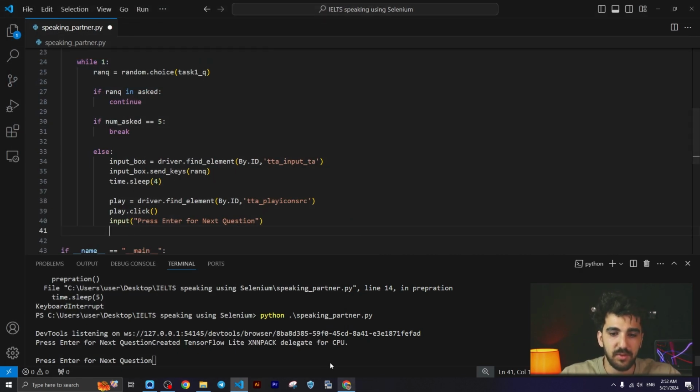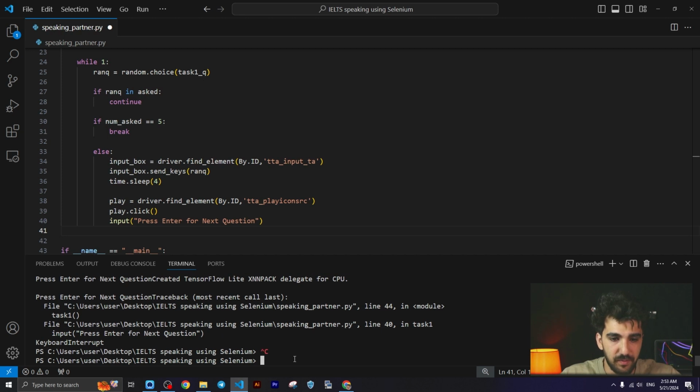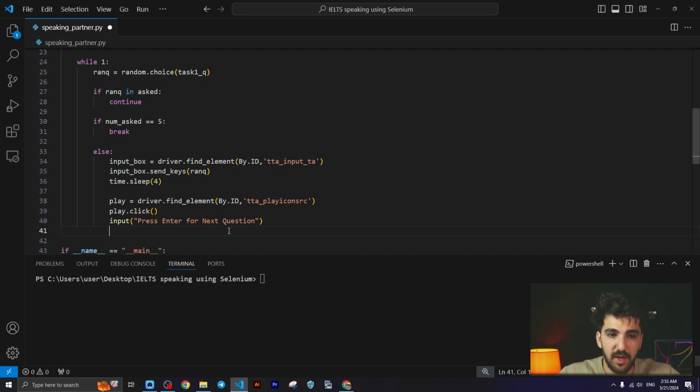You need to, after finishing the first question, clear the input box, and you can simply say input box dot clear. Then